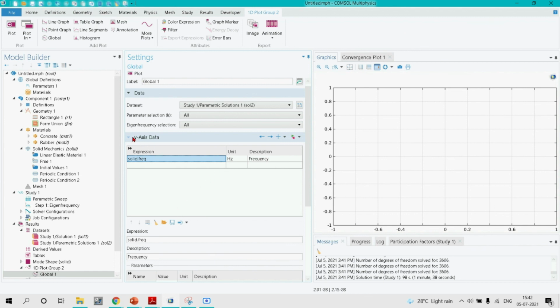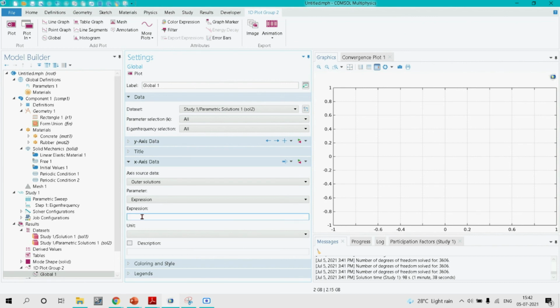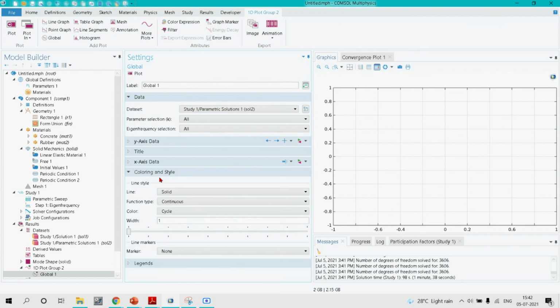Next, this was about y-axis data. Now at x-axis data, we have to change this to outer solution, and in the parameter we have to select the expression, and the expression is nothing but our wave number k. Okay, and let's also do some extra things, that is the coloring.